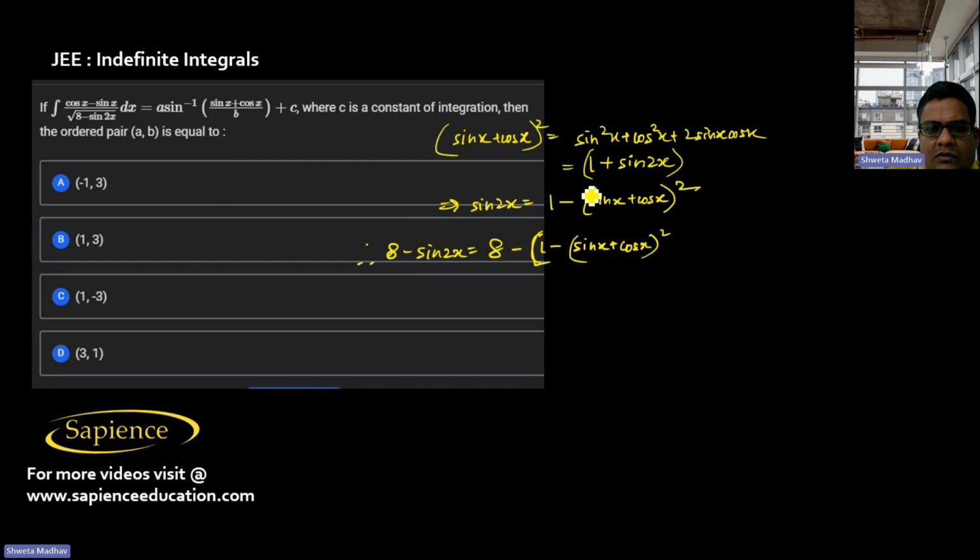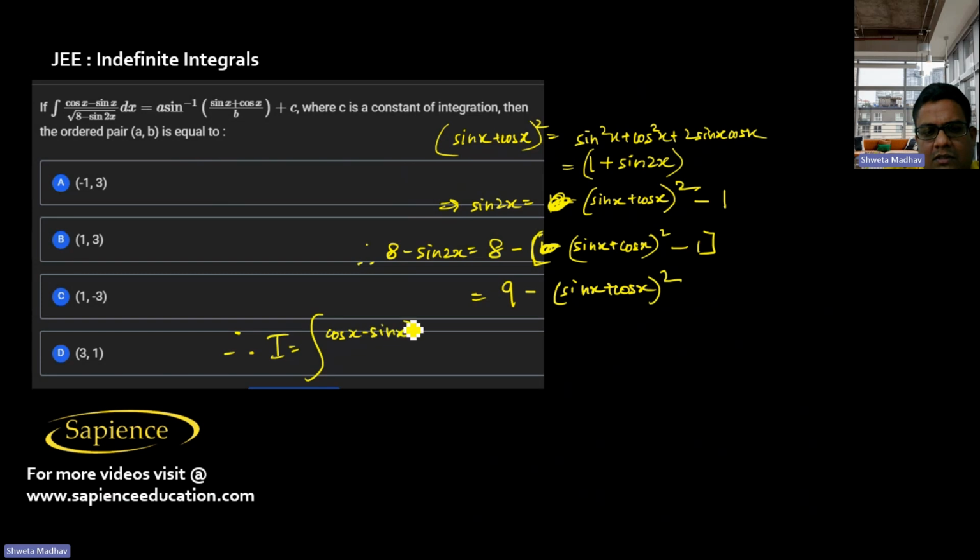One plus sin 2x. So sin 2x will be this minus 1. Sin 2x will be (sin x plus cos x) whole square minus 1. So hence we can write this as 9 minus (sin x plus cos x) whole square. Therefore this integral I is given as integral (cos x minus sin x) dx divided by root over